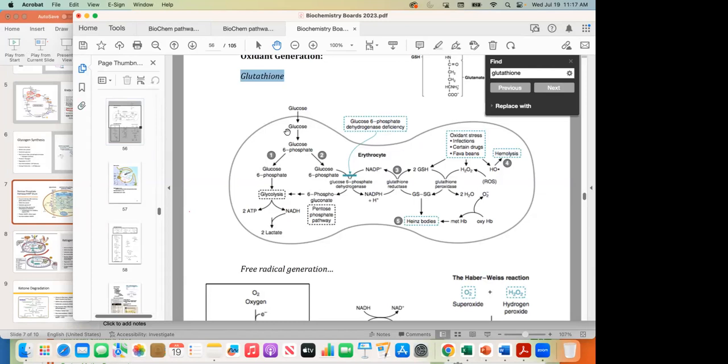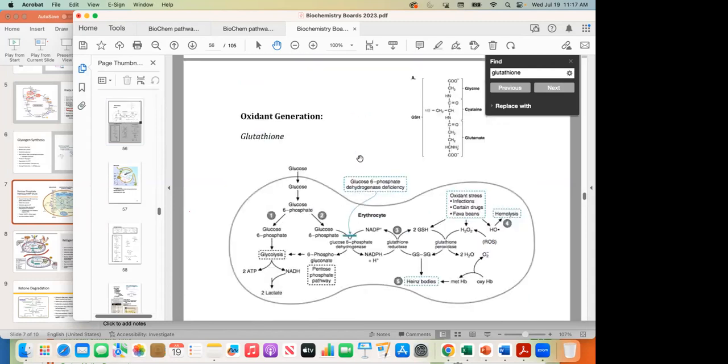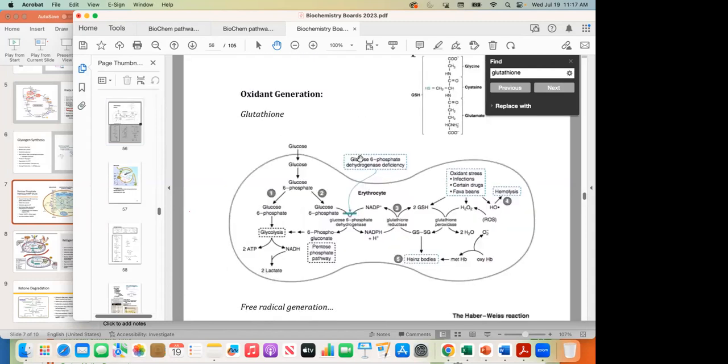Awesome, thanks. The other piece, I'm glad that you went to this picture, because I was going to ask about the glutathione connection too, because that's what I remembered. And the one other thing that's also on there is that the Heinz bodies end up precipitating out. As I understand it, you can see these little precipitates, and then sometimes also the macrophages in the spleen will take bites out of the blood cells. Which is called bite cells. Yes. So those are the connections I remembered from the HMP shunt also.